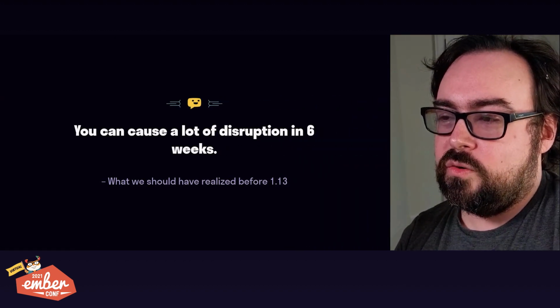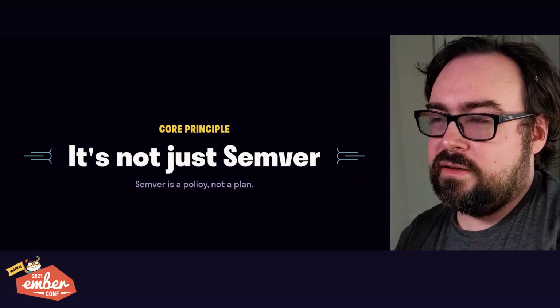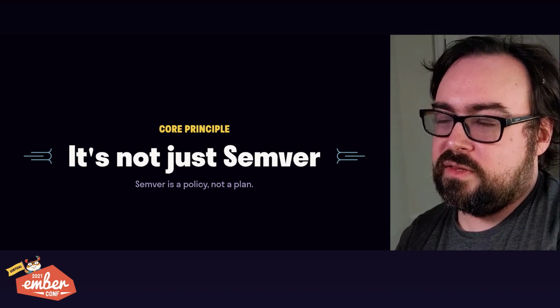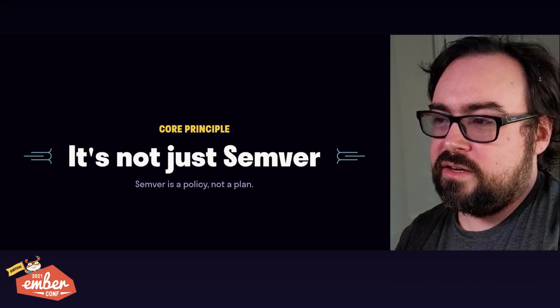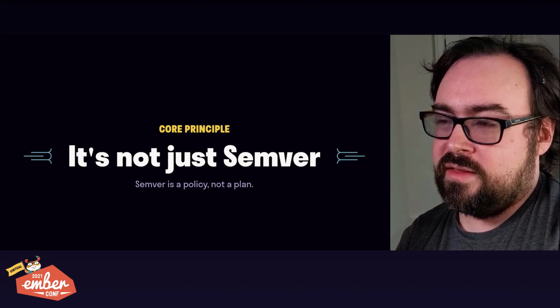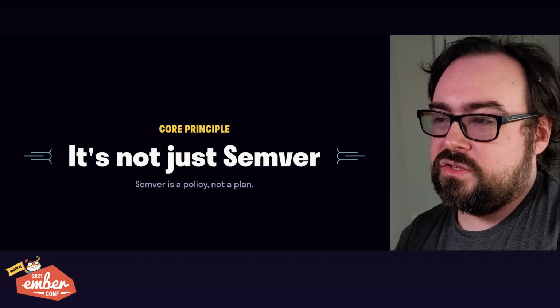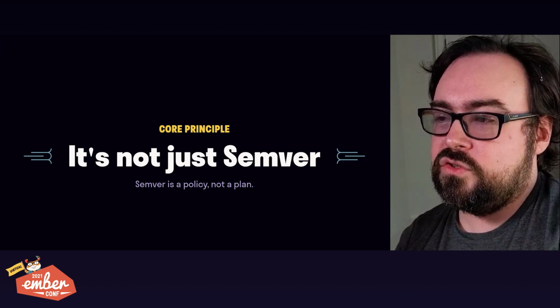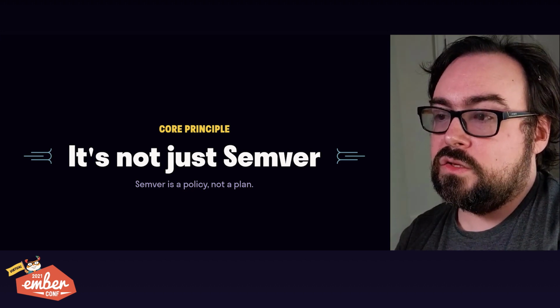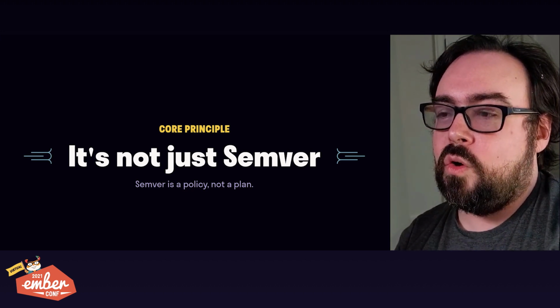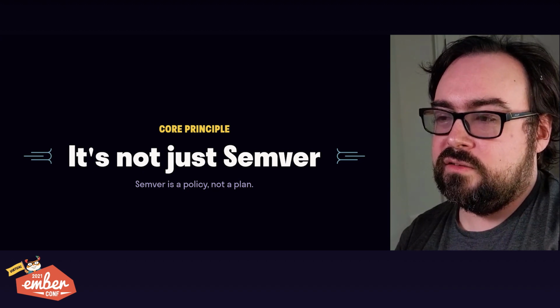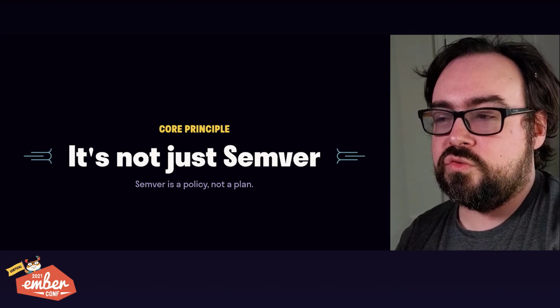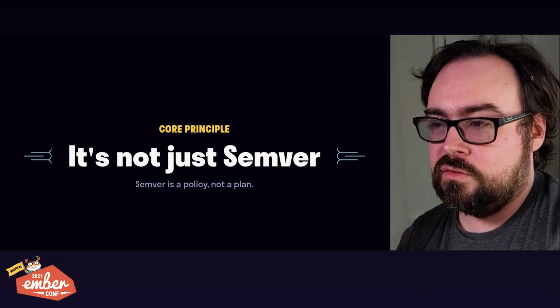After we landed 2.0, it started out really rocky. When we took a step back, we realized that our technical strategy worked. It let us stage features without disruption in 1.x, and this is important. By following our deprecation process, we were able to land new features in 1.13 that were needed for the transition. So in 1.13, you were able to do all the migrations that you needed to do to get to 2.0. 2.0 just removed the features that were no longer being used.